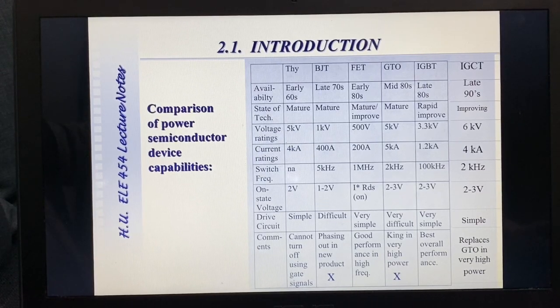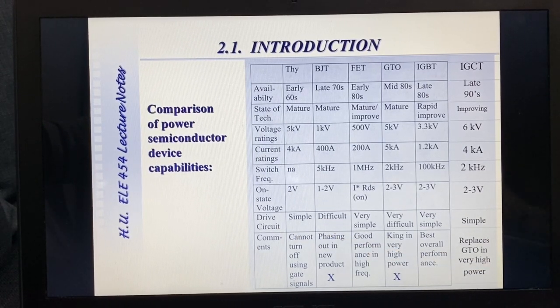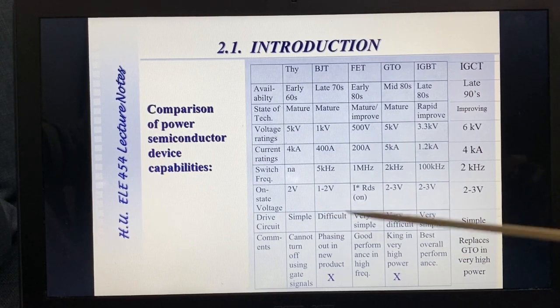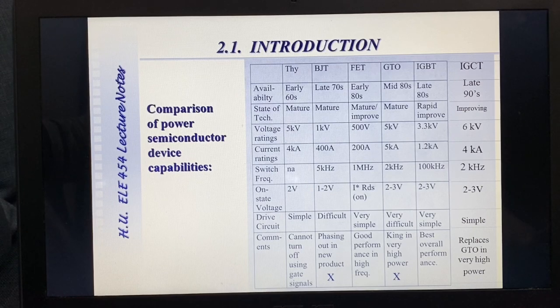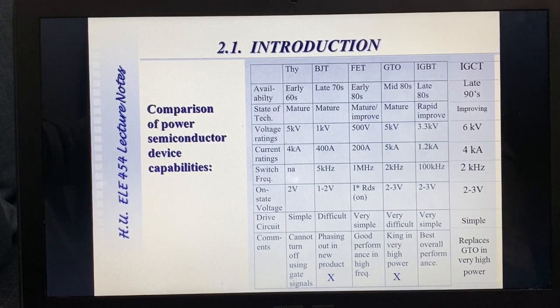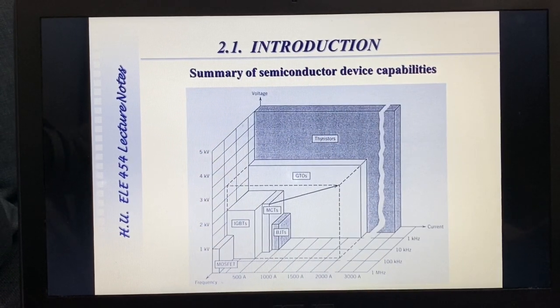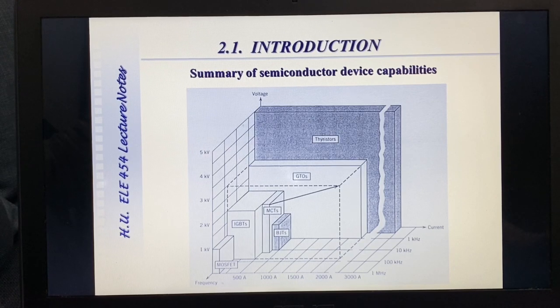The gate drive circuits are simple for thyristors, very difficult for gate turn-off type of thyristors, and difficult for BJT, but very simple for voltage-driven devices. So this is a general comparison about device capabilities, and you see here a summary of these capabilities